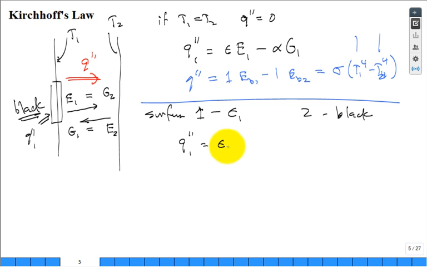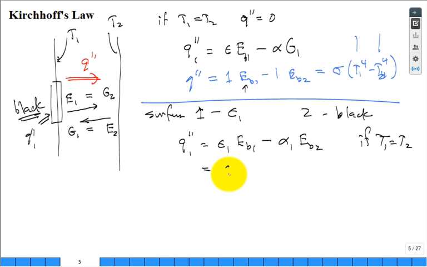Well, I'm going to have the emissivity of surface 1 times that black body emission, EB1. Then we're going to have alpha 1 times G1. What is G1? It's going to be EB2, isn't it? These have the same temperature. If T1 is equal to T2,